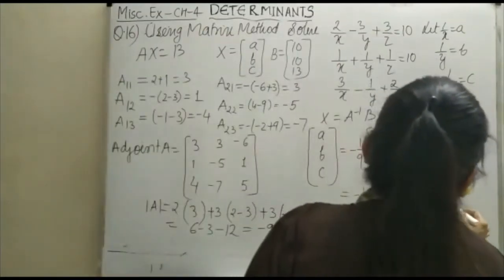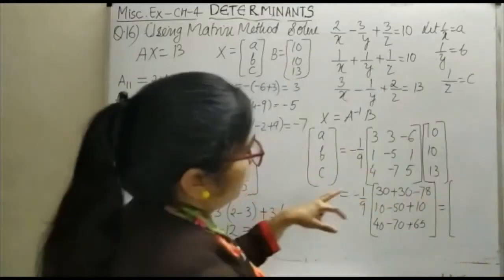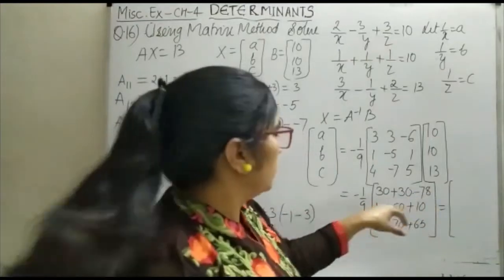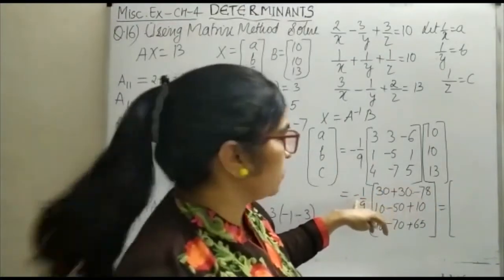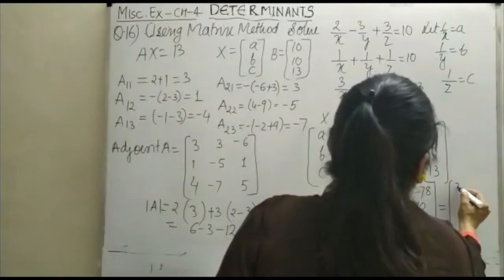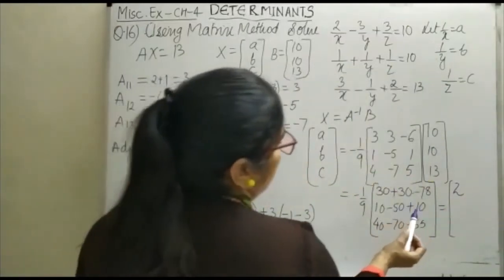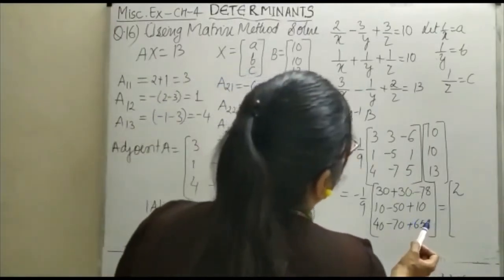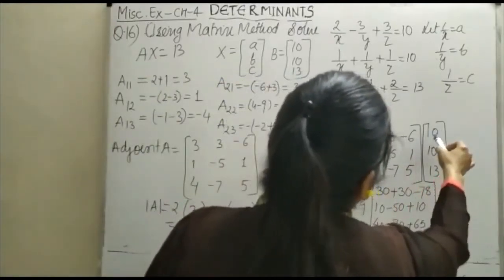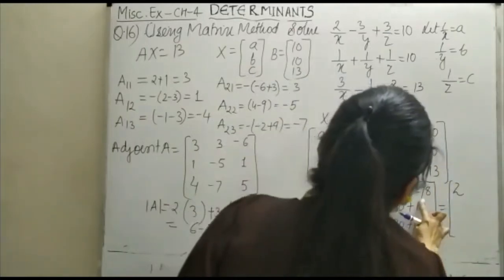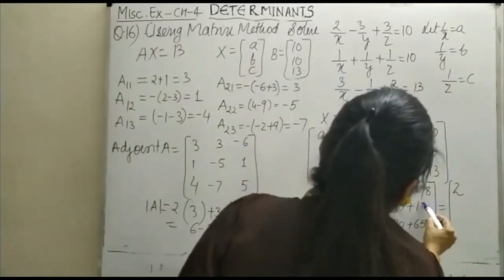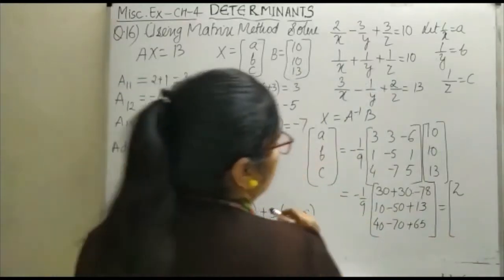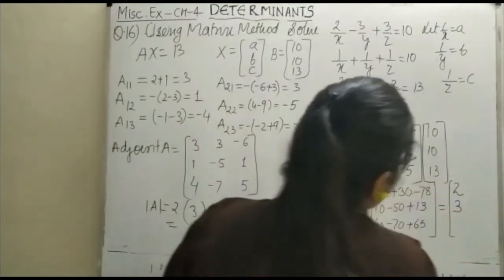Now just see here. Here it is 60 minus 78. So it's minus 18, divided minus 18 into minus 1 plus 18. So here you will be getting 2. Here it is. You can see here how much we are getting. This is 1 into 10 minus 15. It will be 13. This is here 13. So what we are getting? We are getting minus 27. So this will be your 3.